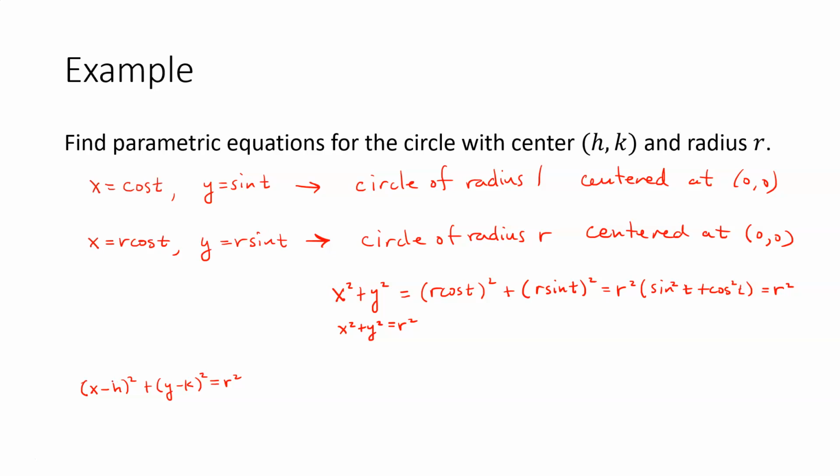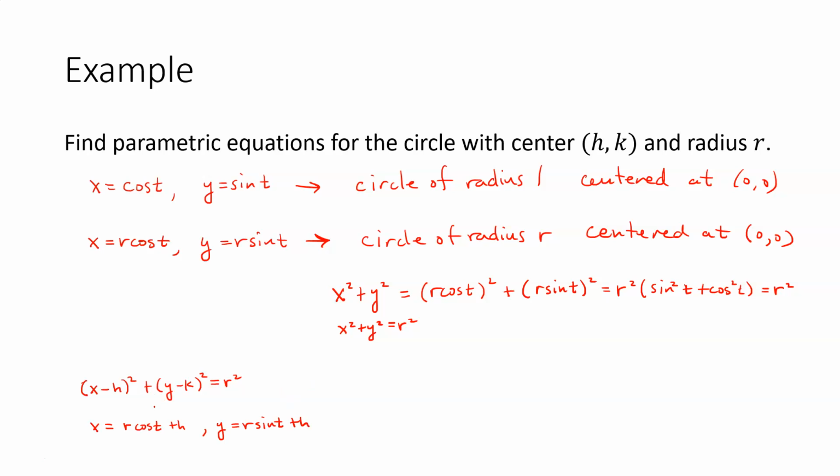So therefore we can adjust it slightly here. So if I let x equal r cosine t plus h, and then I let y equal r sine t plus k,